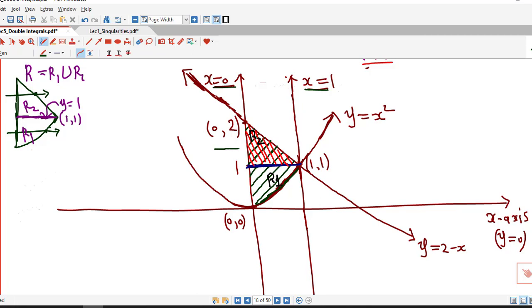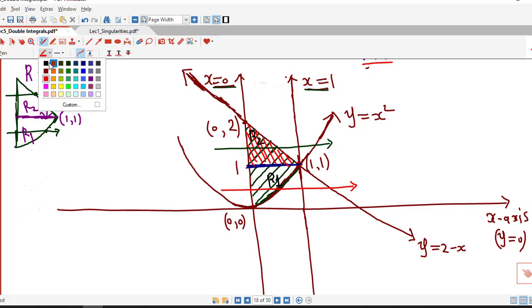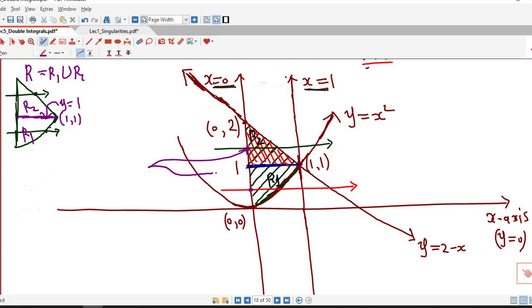So we consider one horizontal line passing through this region, and we consider another horizontal line passing through this region. So we have to decide the limits of integration for both the regions. For this horizontal line as well as for this horizontal line, the line enters on the same curve. So these 2 points are on the x-axis. So we can say that for both the points, horizontal lines enter at x equal to 0.